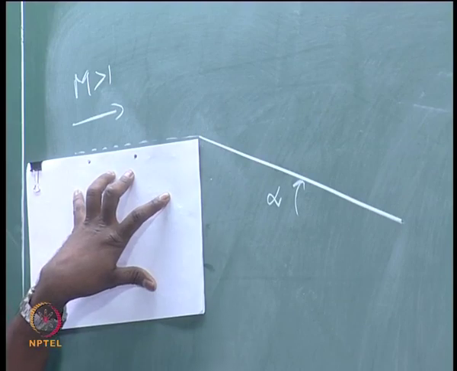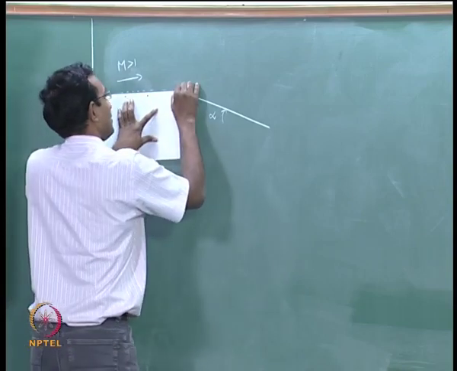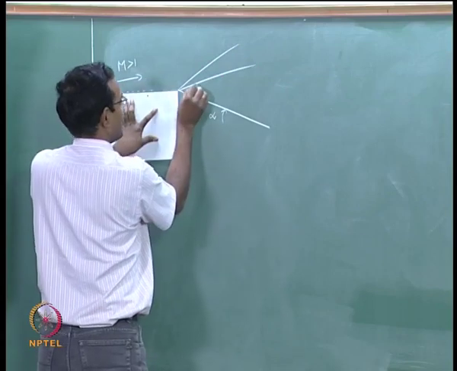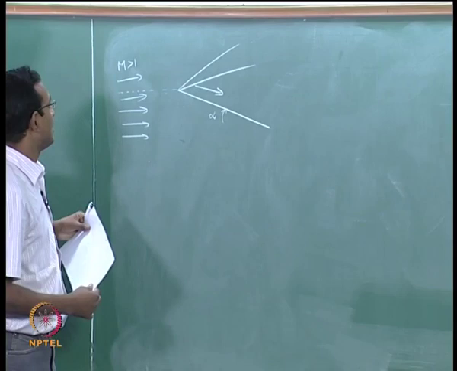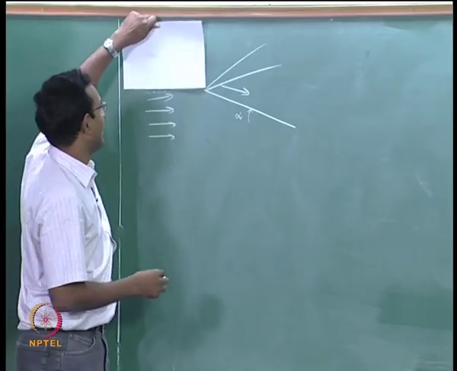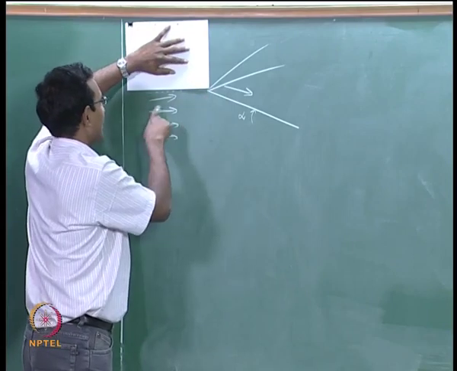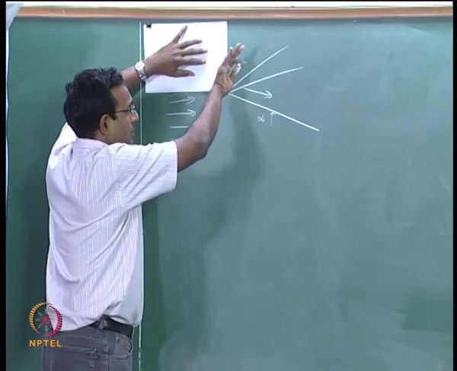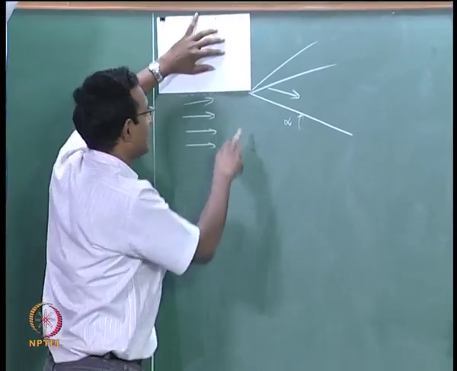Streamline can be equivalent to a wall in inviscid flow. We are in inviscid gas dynamics. So, all I have to do is it will have an expansion fan like this. Flow will come like this and turn around like this. That is the easy part. Now, a little more difficult part, I will block the other side of the dotted line. I am having only this dotted line and flow below. What is this saying? There is a wall which is coming into the flow. Okay, this is like a compression and it is a sudden change.